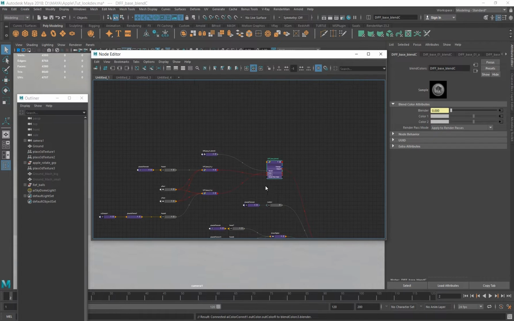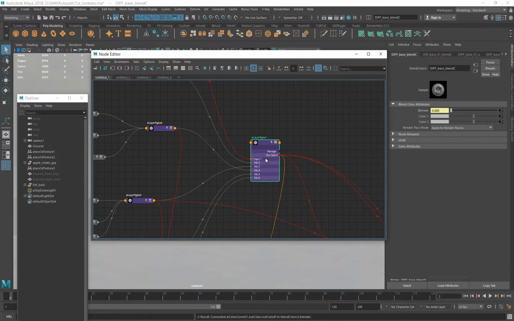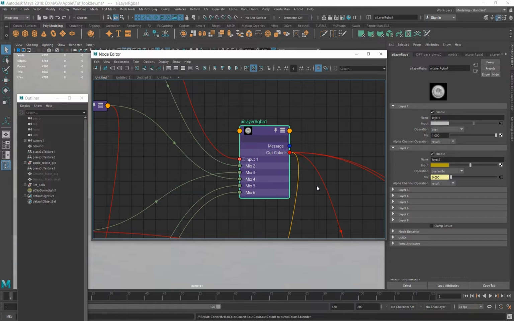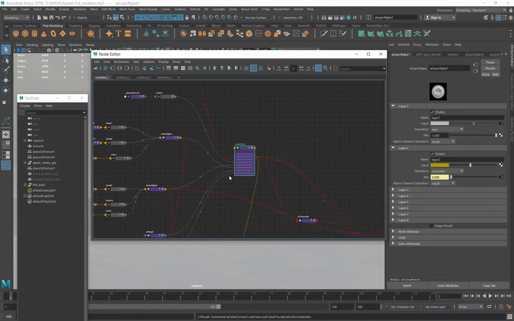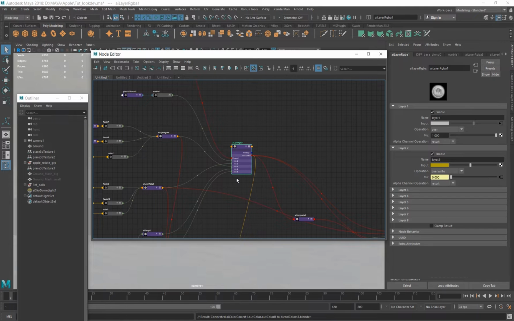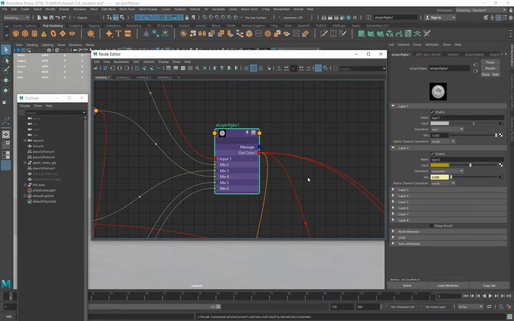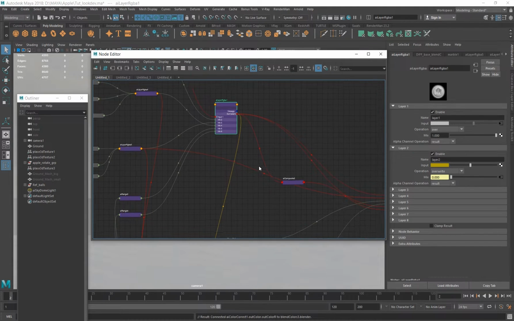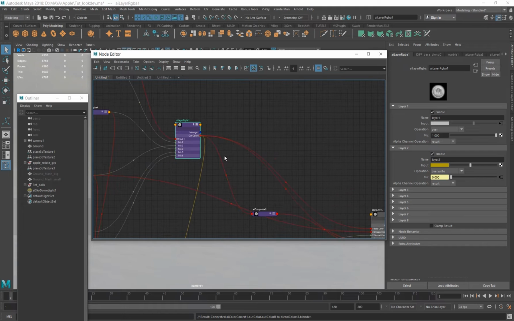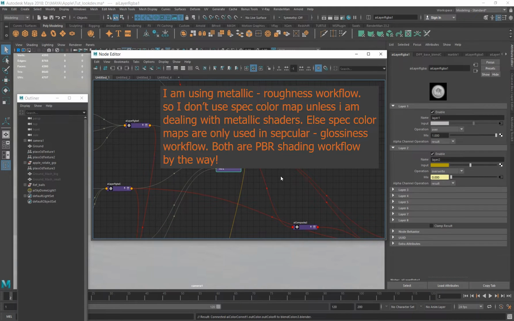So I always use AI layer RGBA for every texture maps which I create. I usually create displacements and bump, then specular roughness, and then diffuse color. So these are the four main maps I usually create. I don't use specular colors. In PBR workflow, we don't use specular colors, almost all the time.